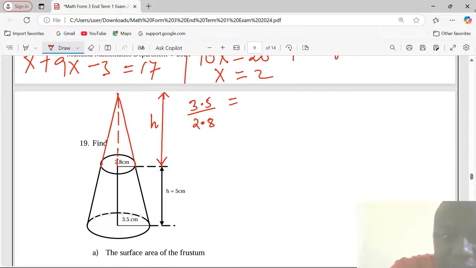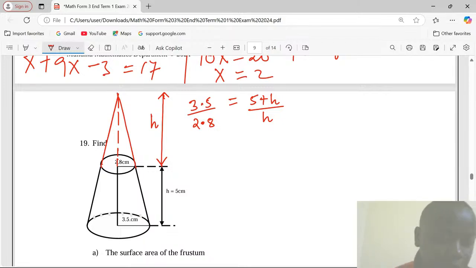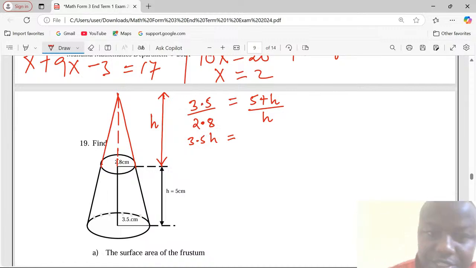When we pick a vertical height of 5 plus small h, which was cut, and we divide by the small h, we will just get the same. So across multiplication will give us 3.5h equals to 2.8 by 5